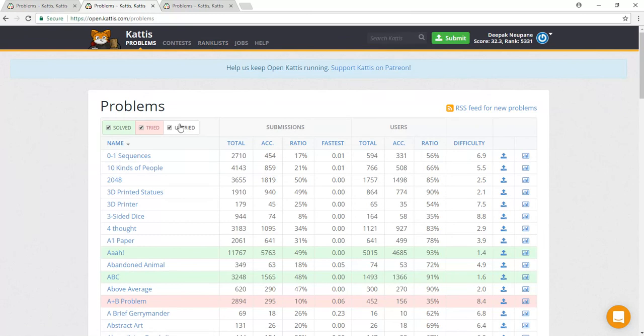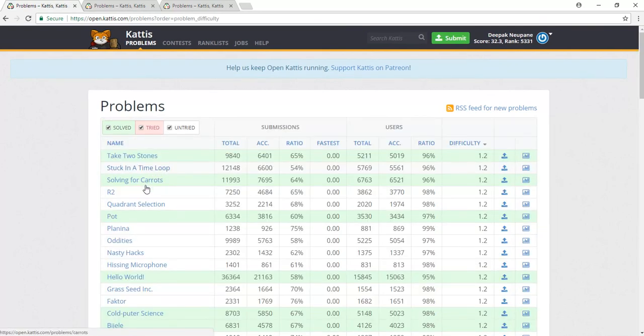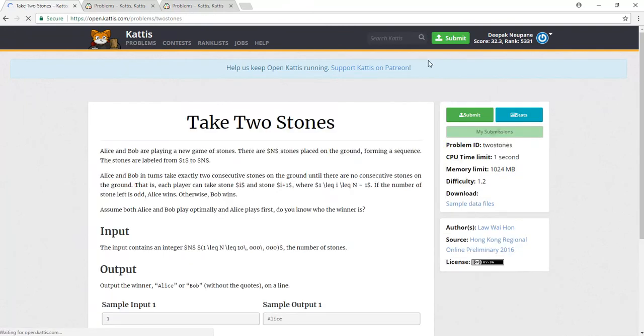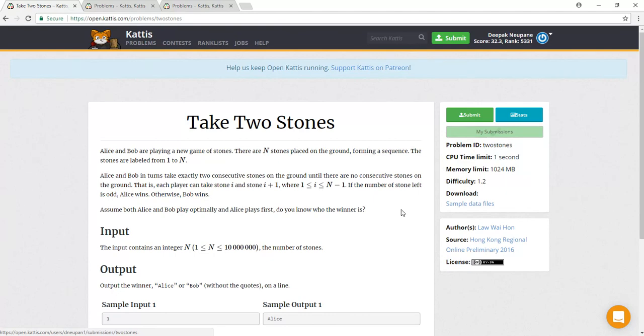Now we're going to go ahead and check what happened with our Two Stones problem. Here you can actually search for the problems. Now if you go here, you'll be able to see that, and then you can